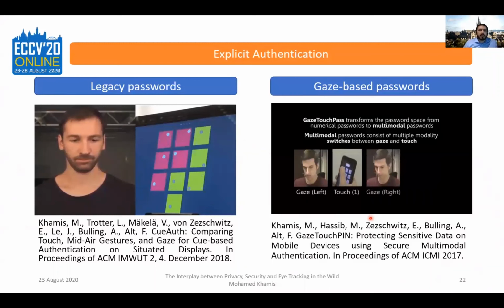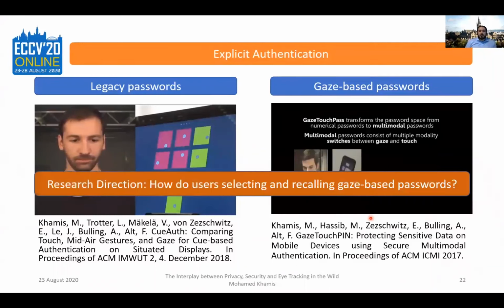And this is actually a research opportunity for people who work in eye tracking in the wild, because the vast majority, almost all of the studies that involved gaze-based authentication were done in the lab. And the reason they were done in the lab is that we didn't have the hardware that allows us to take these concepts to the wild, right? We didn't have the hardware that we have nowadays, like mobile devices that can do accurate eye tracking. We didn't have those to allow people to use a method such as the one shown here for 2 or 3 weeks in their daily lives.